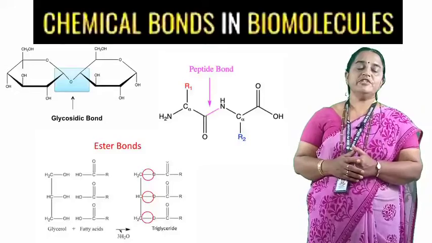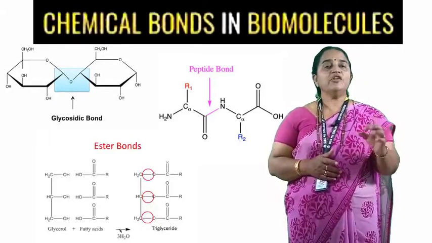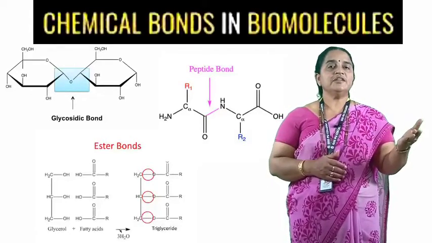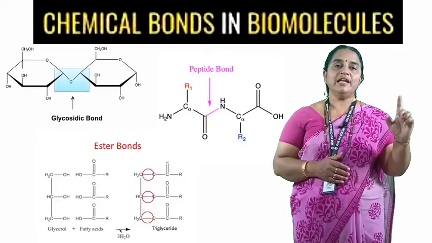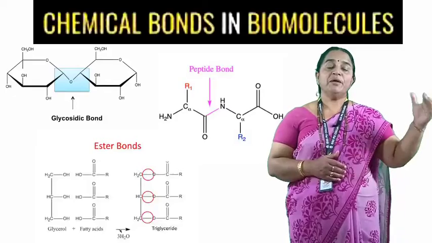Like in proteins which are in the form of polypeptides whose building blocks are amino acids. Amino acids linked with each other by peptide or amide bond by eliminating a water molecule forming codons, peptones, peptides